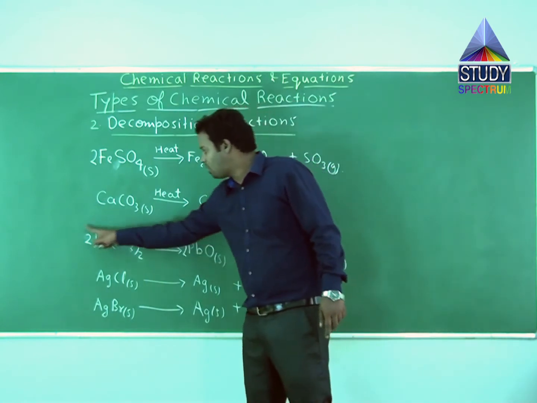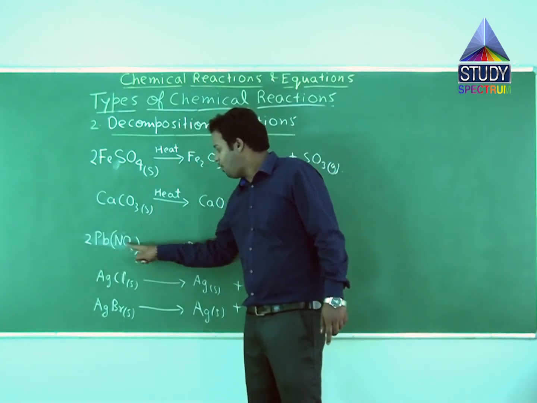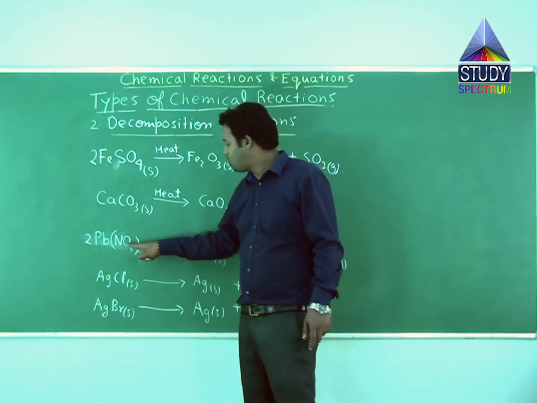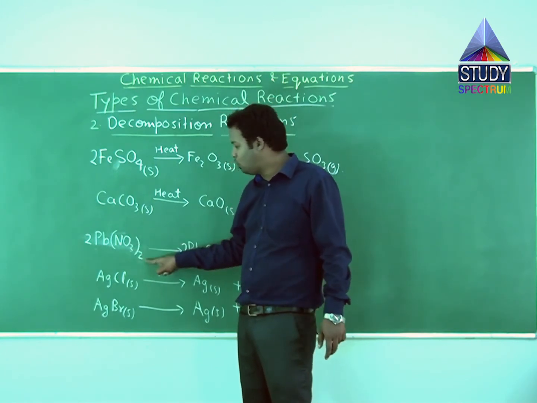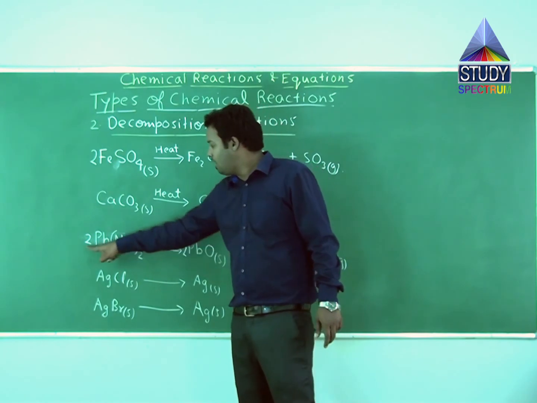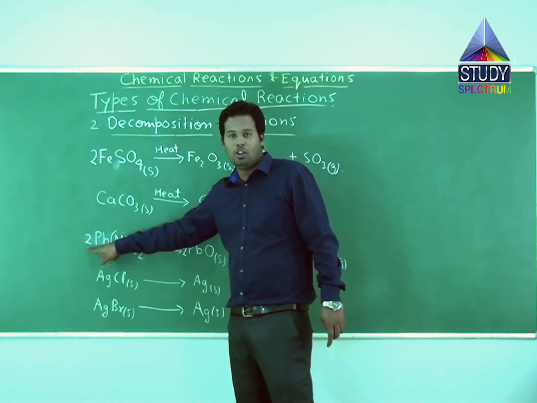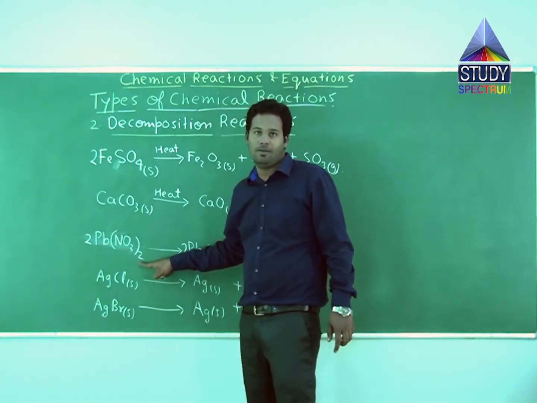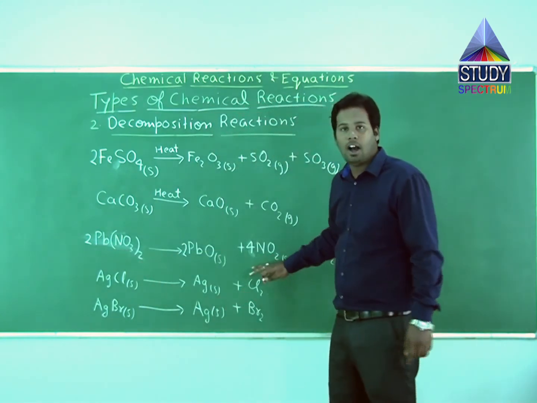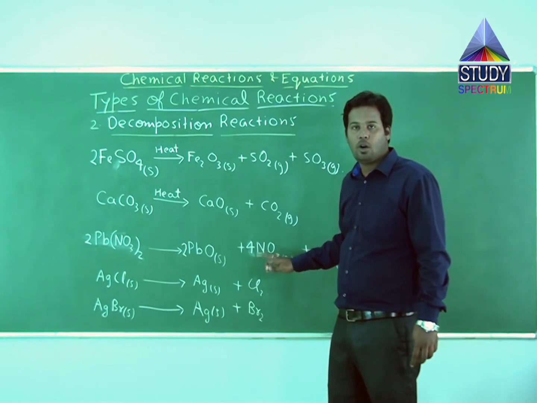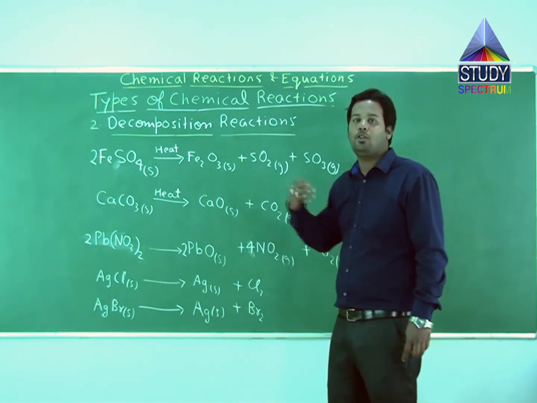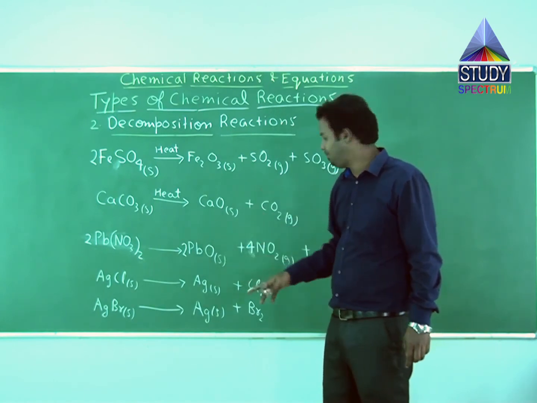Now if you come to oxygen atoms, the suffix of oxygen is 6. It has not been changed, since you cannot change it. The suffix of oxygen here is 6, that is 3 into 2, correct? And now the stoichiometric coefficient is 2. So the number of oxygen atoms in LHS becomes 2 into 6, that is 12. Now let us see whether in RHS there are 12 oxygen atoms or not. If it does not come out to be 12, we have to change the stoichiometric coefficient again.